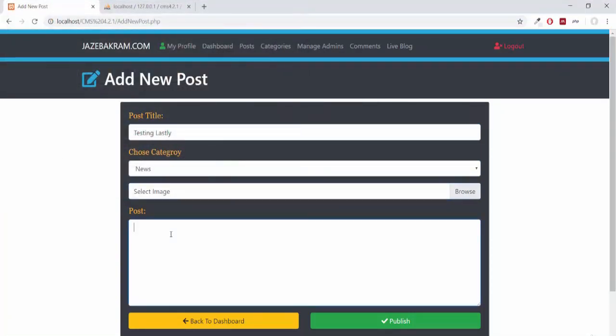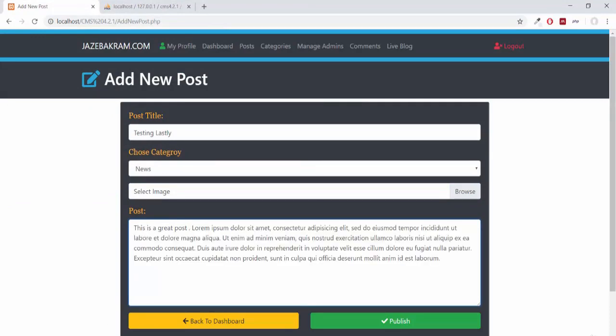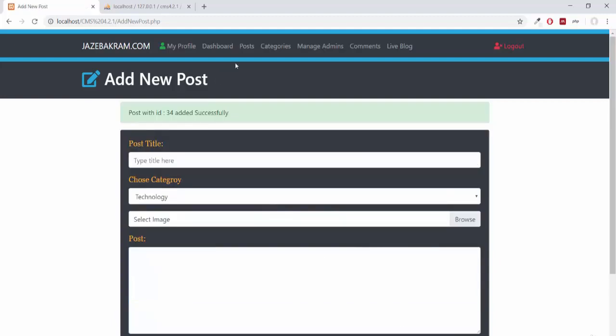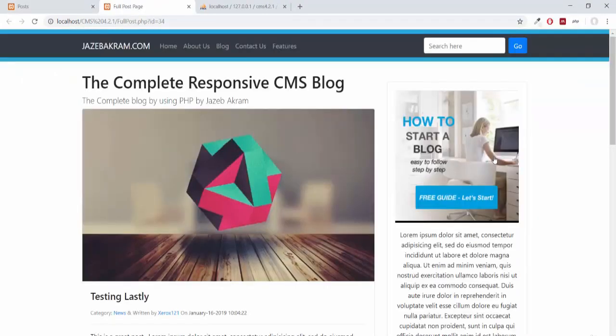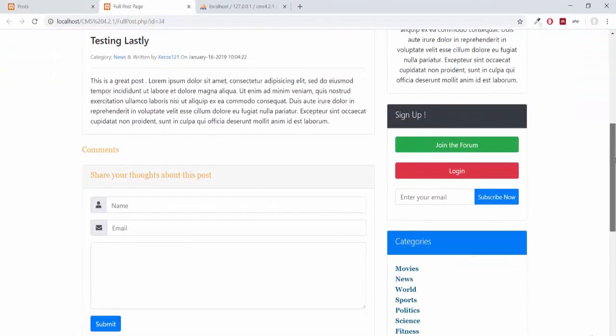And for the post content, I will go with this is a great post, pasting some text here. So click publish, post added successfully. Going to the post page, you can see this new post here. If I click on live preview, you will see this full post.